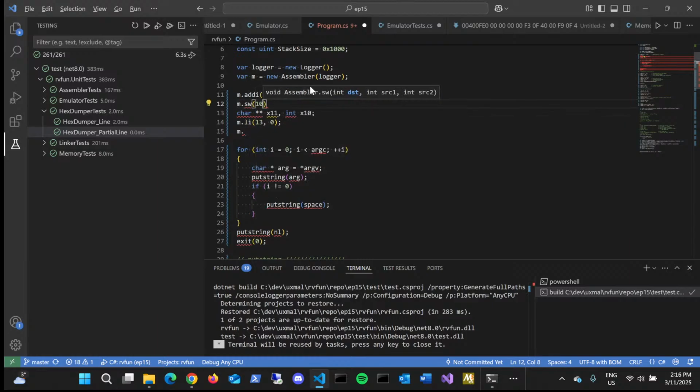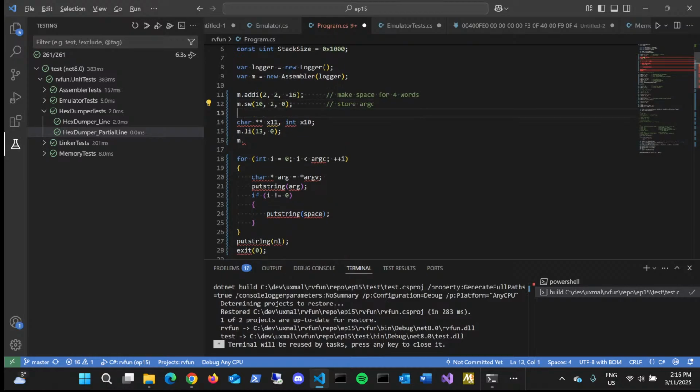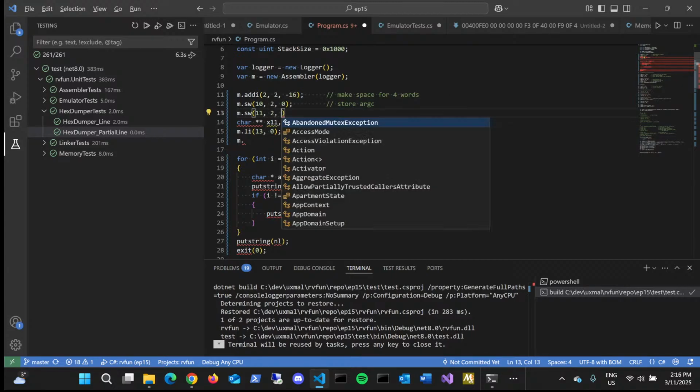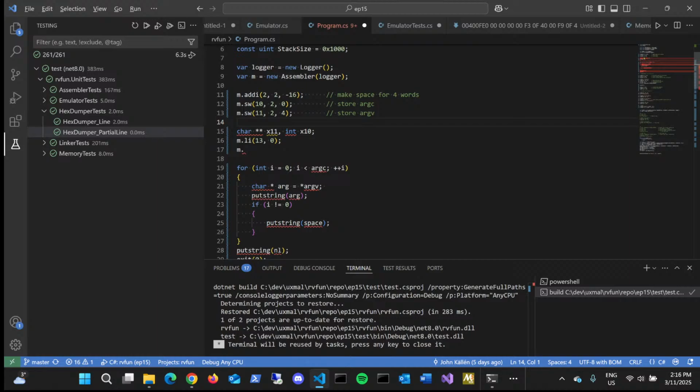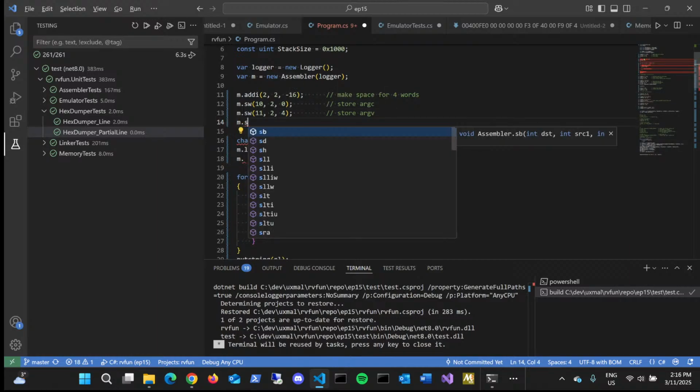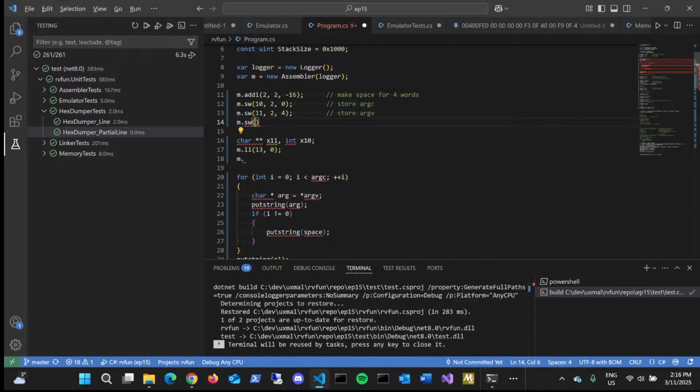The first one we're going to store is x10, argc. Then store argv. And notice how we're storing them 4 bytes apart because our words are 4 bytes. And then we're going to store I, which initially will be 0. So we'll store a 0